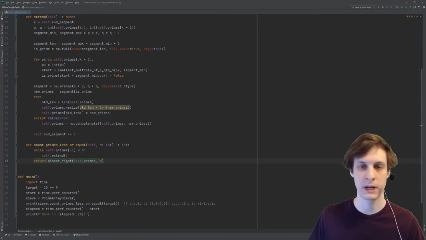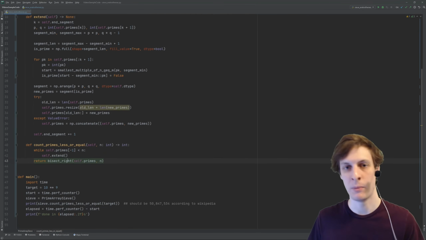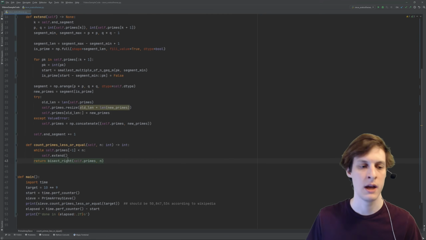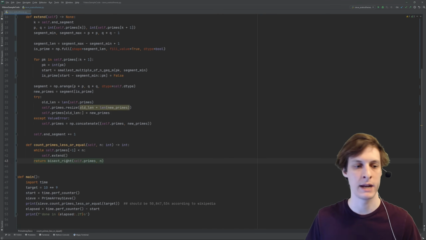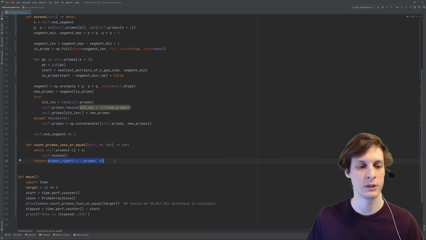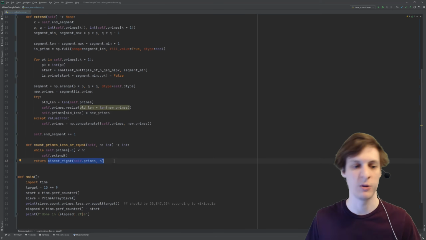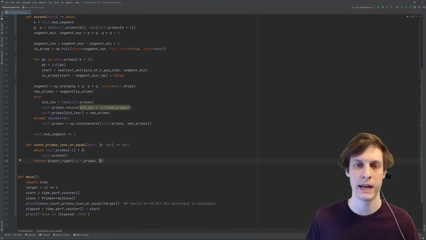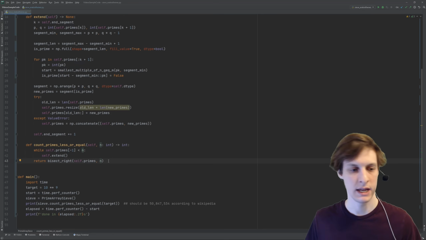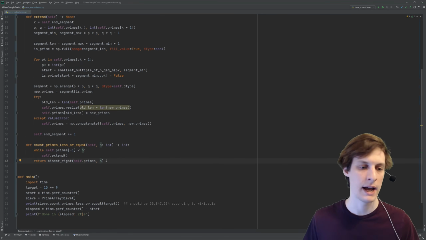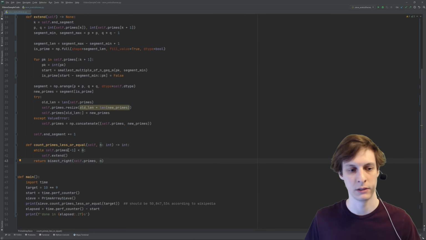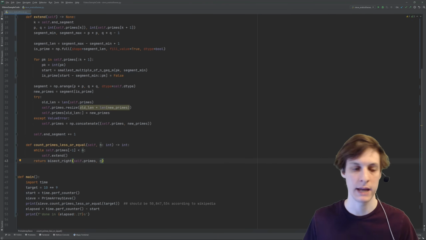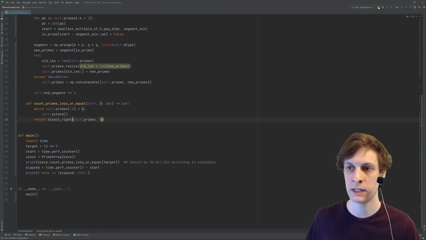That's not going to work because just iterating over all these primes on the Python side is going to take way too long. I'm just going to try to keep everything in NumPy arrays. So I'm actually going to do a bisect right, which is going to tell me where I would insert this number n into my array. So it's basically going to tell me how many things are less than it. So that kind of gives me a log time way to find the number of things that are less than a given number in the array. All right, let's go ahead and see if it works.